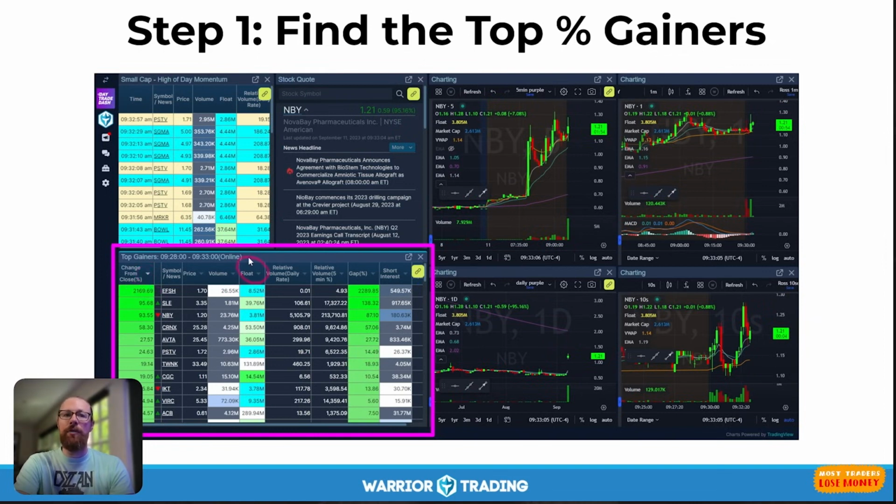And then here we can see the float. So now we see that this one is a 39 million share float. This one's 3.8 million. This one's 53, 36. And we start crossing out the ones that are higher and we start focusing on the ones that are lower, because we know that those are the ones that are more likely to make the big moves. So now we're starting to find that needle in the haystack. We're starting to figure out which stock here could make the big move.